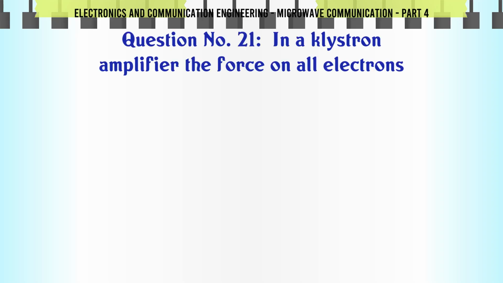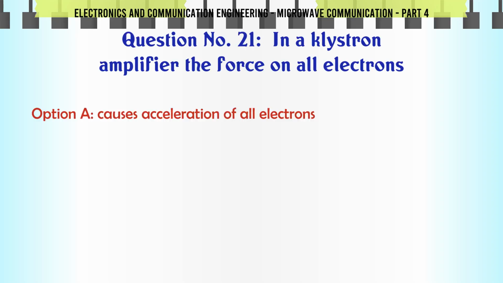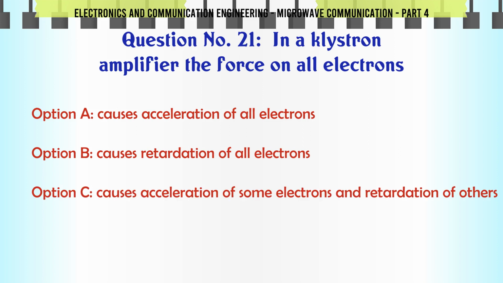In a klystron amplifier, the force on all electrons: A, causes acceleration of all electrons; B, causes retardation of all electrons; C,